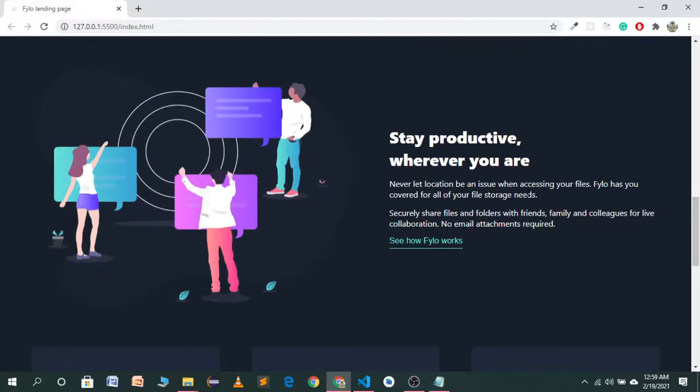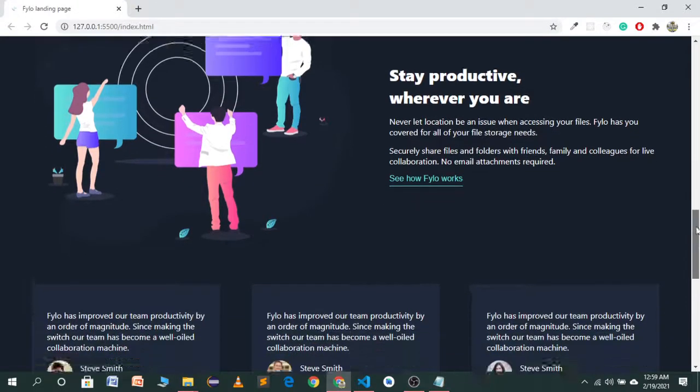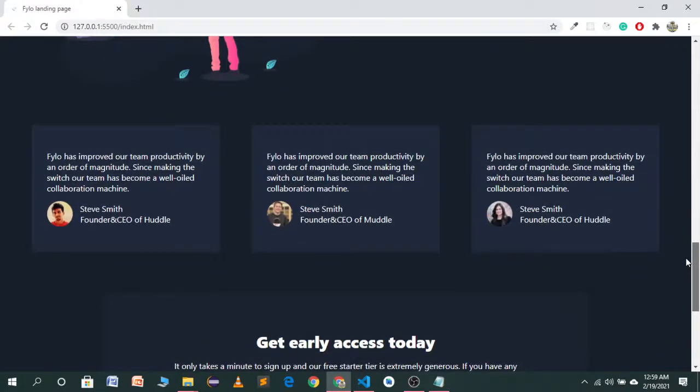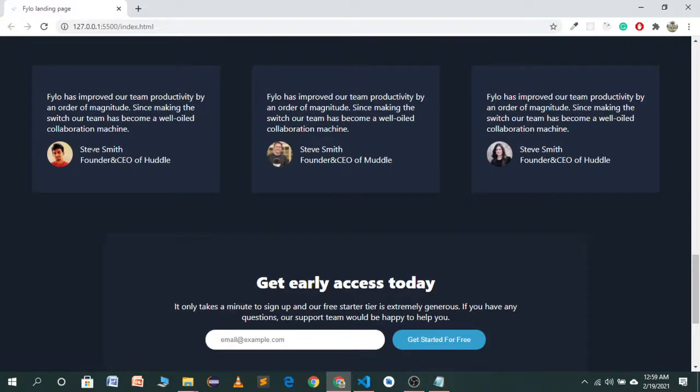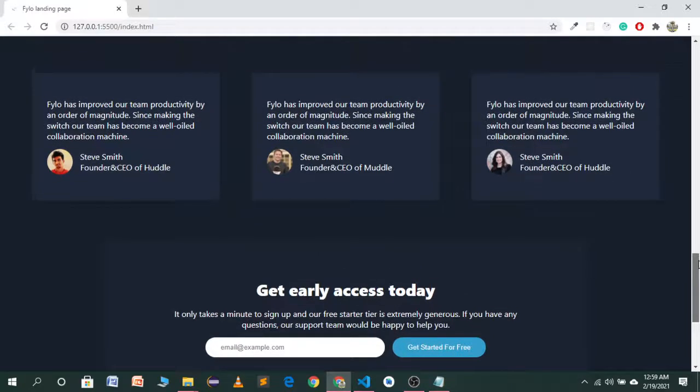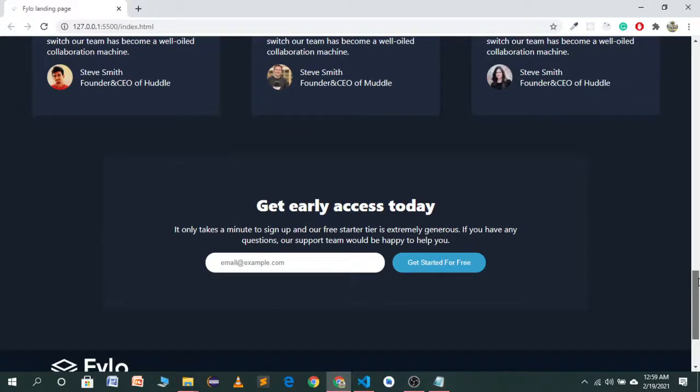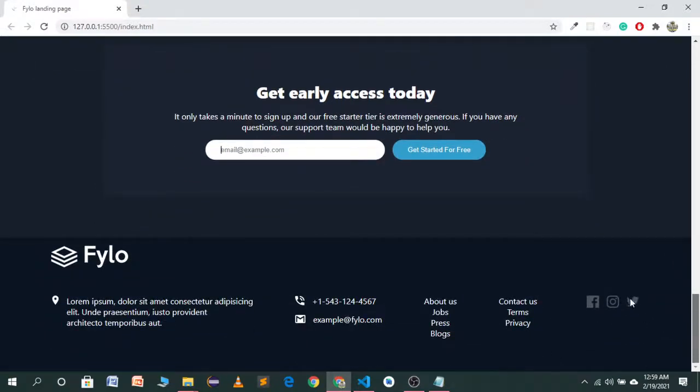Now in the next section we are just explaining our product, which contains an illustration and this awesome looking text section, and the magic happens here. Here you will see these are beautiful cards and a beautiful interactive design. So here is the call to action section, which also has a card-like design, looking beautiful and awesome. And the last part is the footer, which we have created with flexbox. So this is the website that we have built.